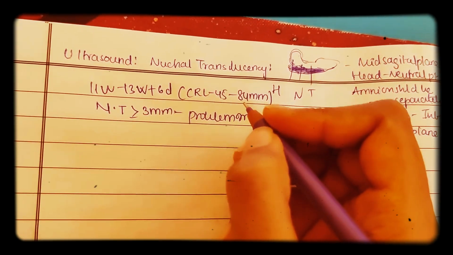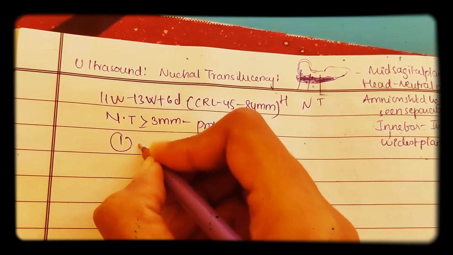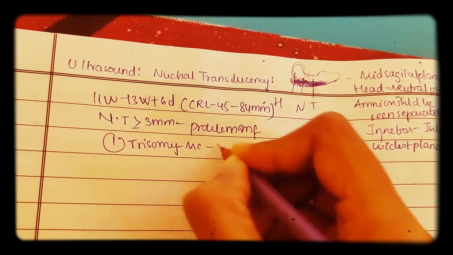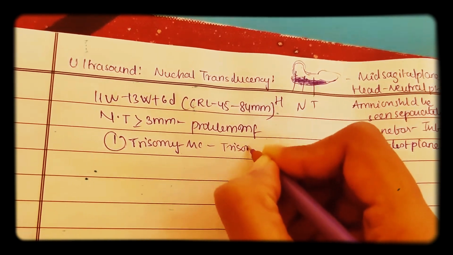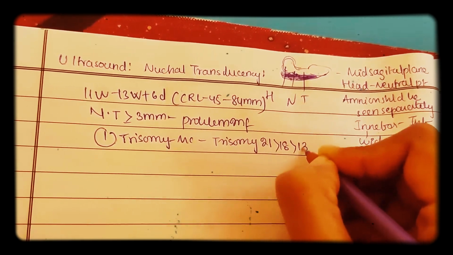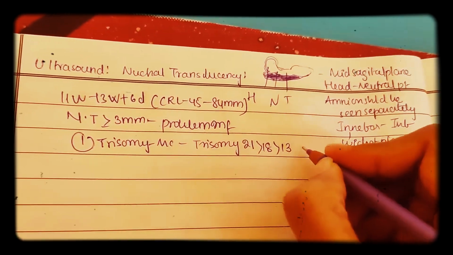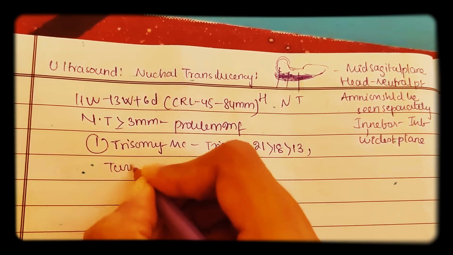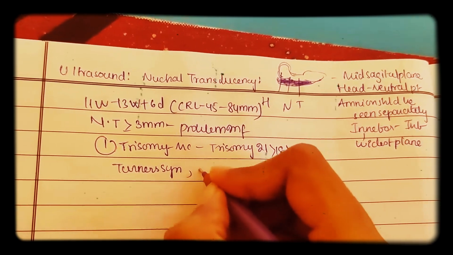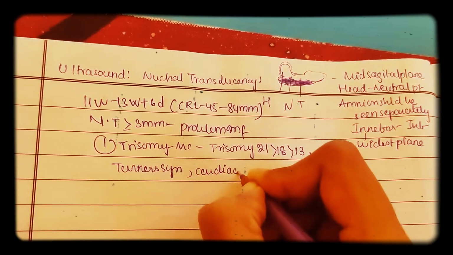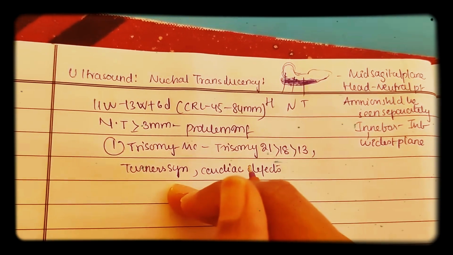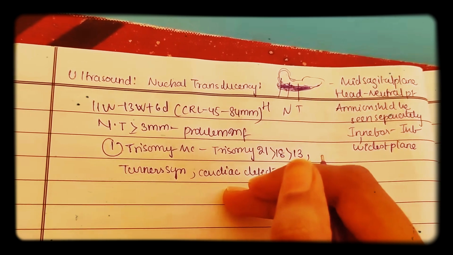So what are those problems? The first problem is trisomy. Trisomy is most common, especially trisomy 21 greater than trisomy 18 greater than trisomy 13. Okay, and the other one is Turner's syndrome. Okay, and the other one is cardiac defects in the fetus. So you will see Turner's syndrome, you will see cardiac defects in the fetus,